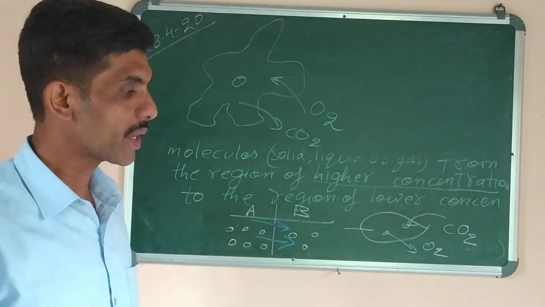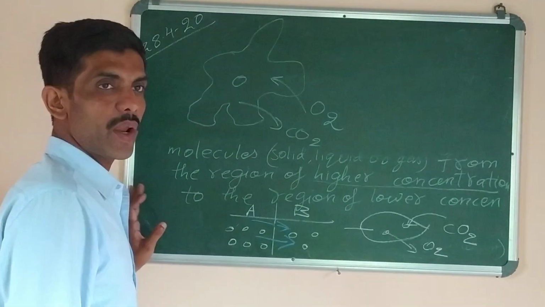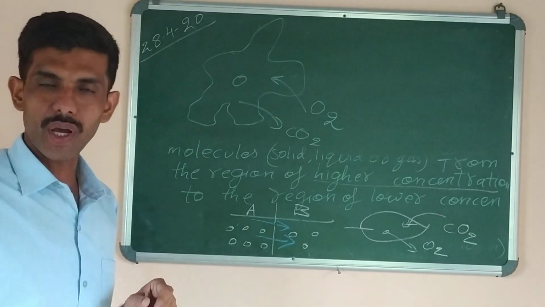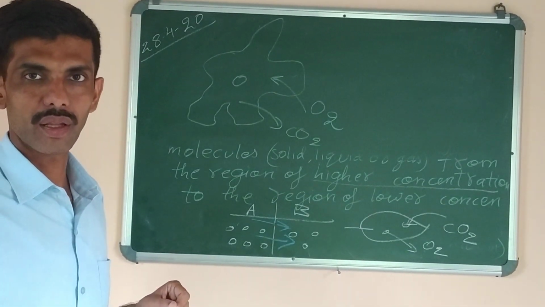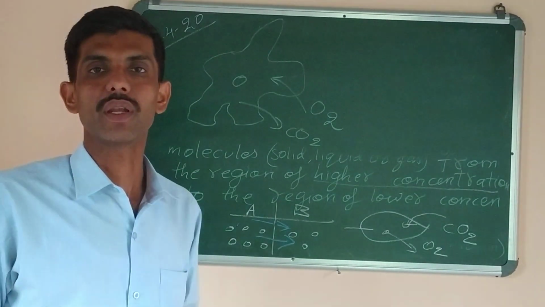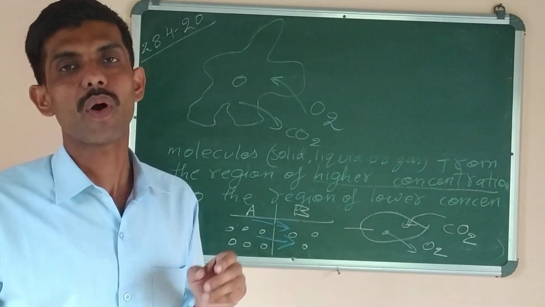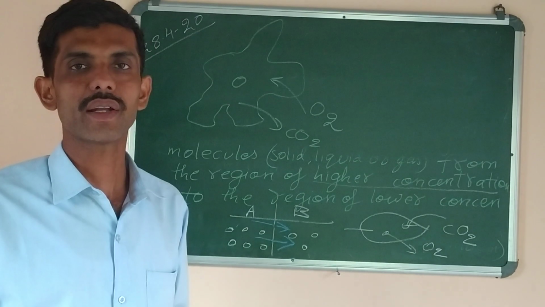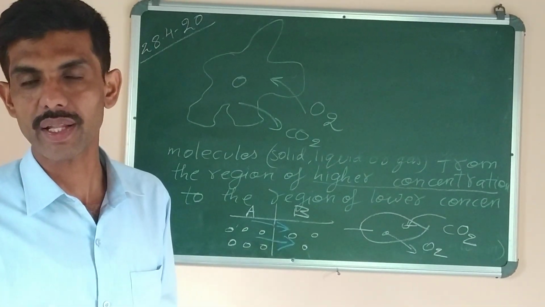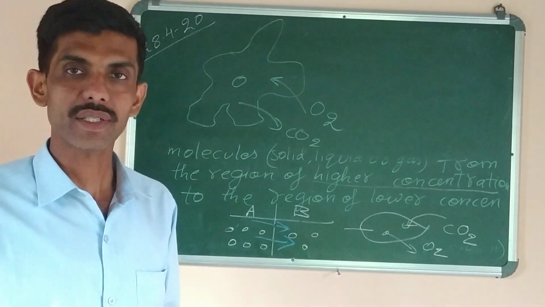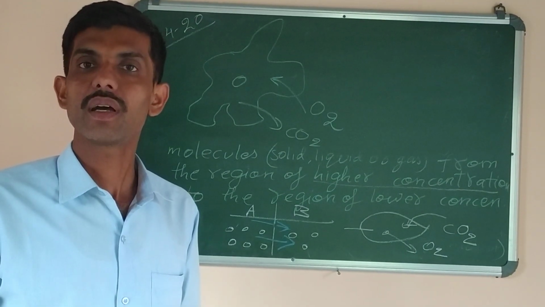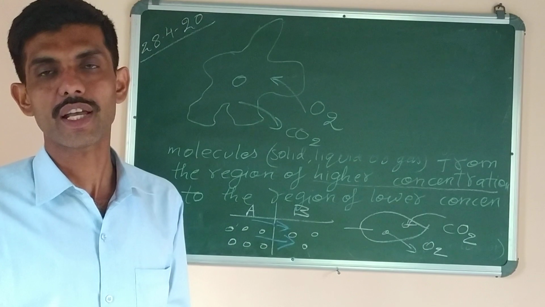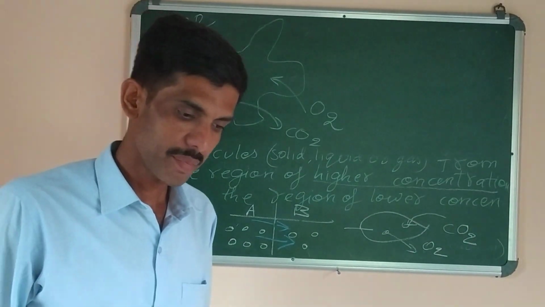One more example we can give, that when water molecules are absorbed from the soil, then it is the process of diffusion which helps the water molecules to enter into the root hair cells. And after that, from one root hair cell to the other, the water molecules pass and enter into the xylem tissue, through which it is transported to upper parts of the plant.